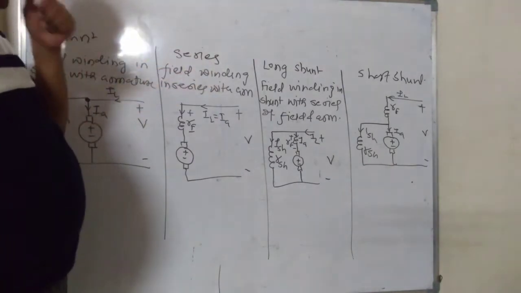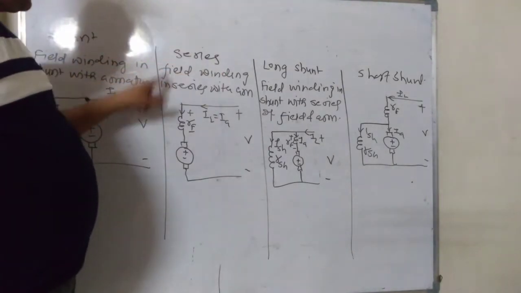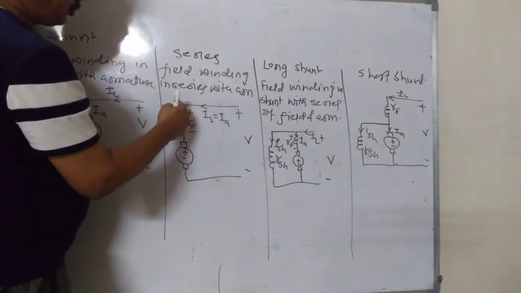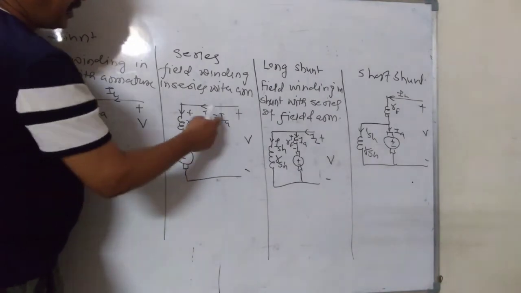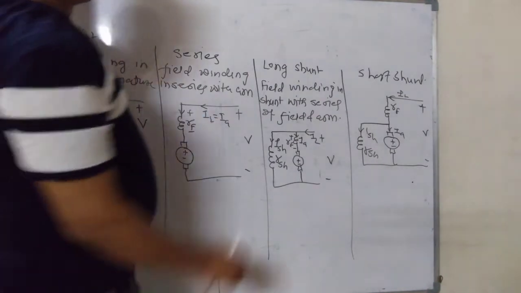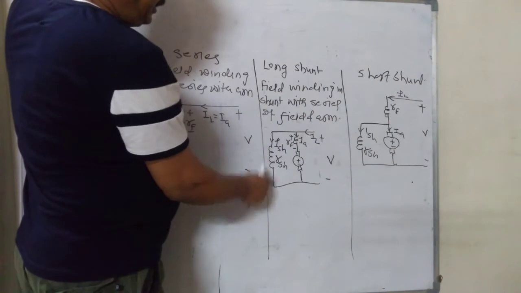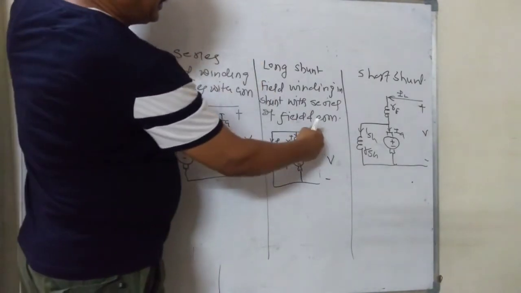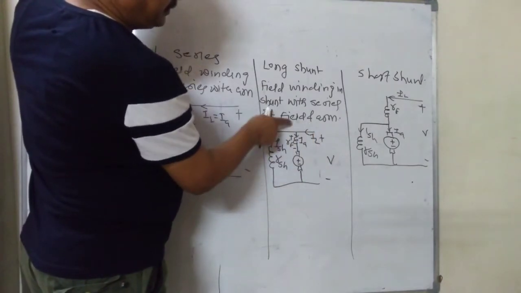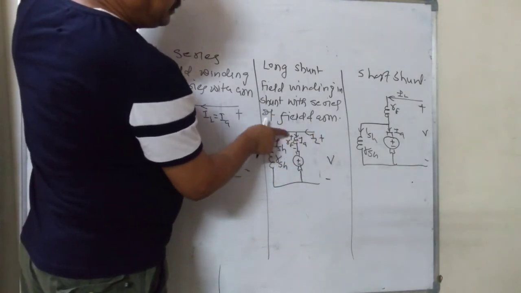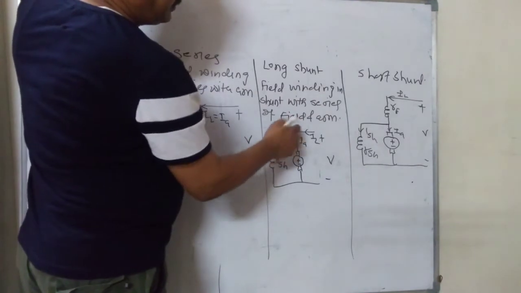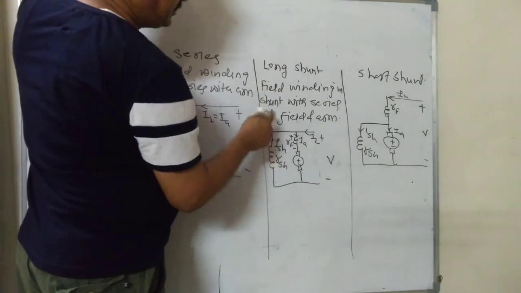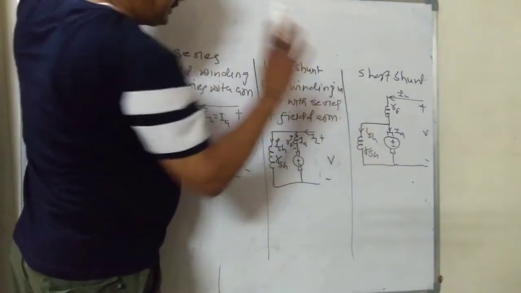Now, series motor, field winding in series with armature. So supply current is flowing, and that current is flowing through winding as well as armature. So IL is equal to IA. Now long shunt: one winding is in parallel with armature, and winding in series with armature. So that is current IL. Here it will be divided. Current going through armature will be IA through RF, and this IL is divided in IA and ISH. Voltage across this is nothing but this.